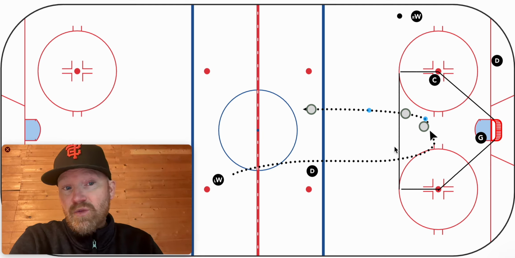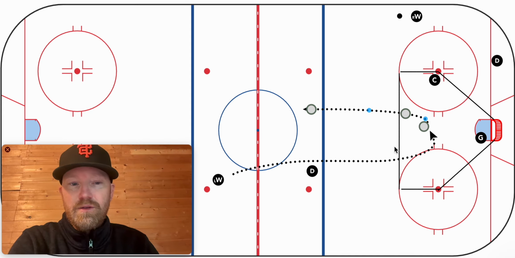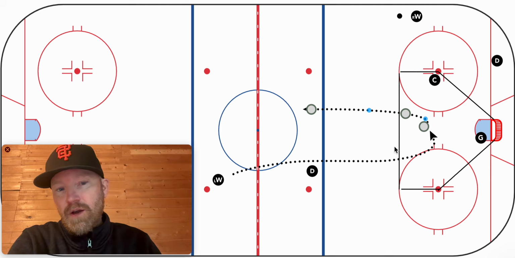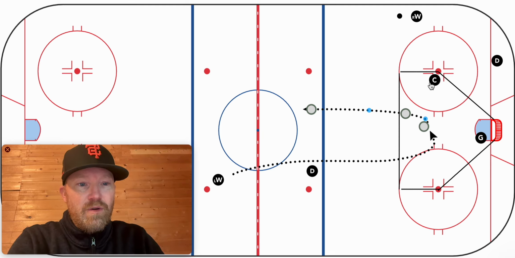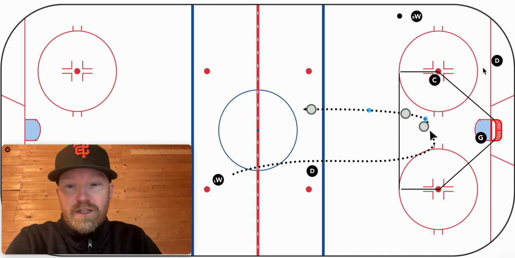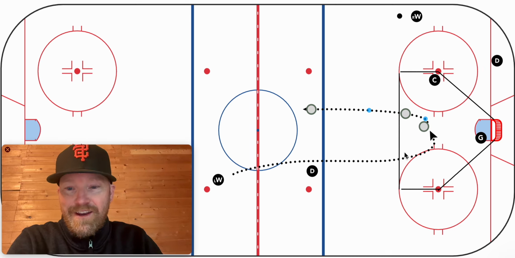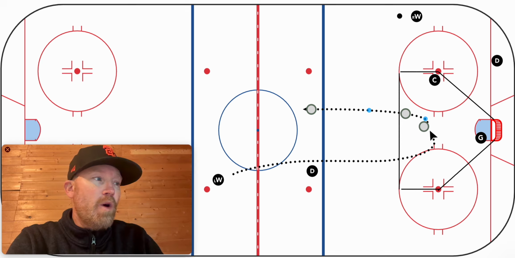So they can actually wheel with the puck, meaning they can skate with the puck. So if there's no passing option, they can use their speed and carry the puck out. Obviously, they want to stay out of the house and go wide. They can reverse with the puck and go up the opposite side. So say there is lots of pressure, they can reverse. That defenseman can also stop behind the net and pause. Or they can also, obviously,